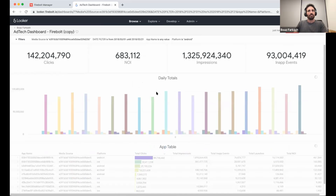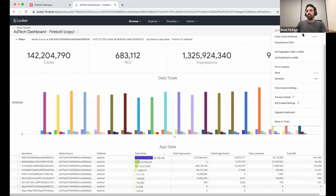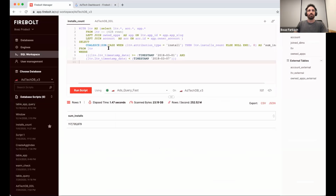And it's back with only Android. And just for triple checking, I will click Clear Cache and refresh. So you will see it's not a cache, but actually super quick. And voila, all the waiting indicators are gone. Now, let's see those same queries in the product in Firebolt so you can sort of have a look under